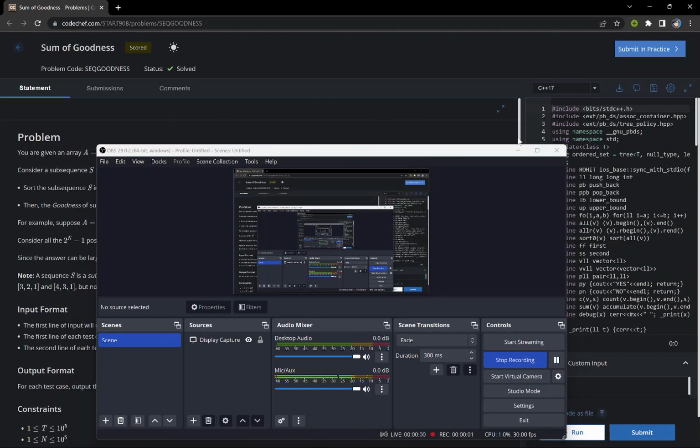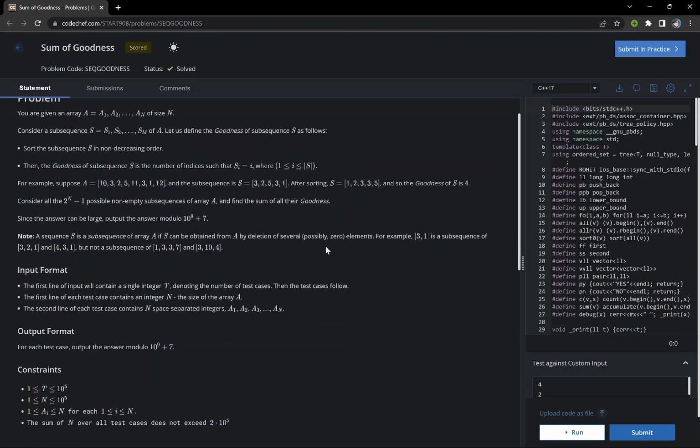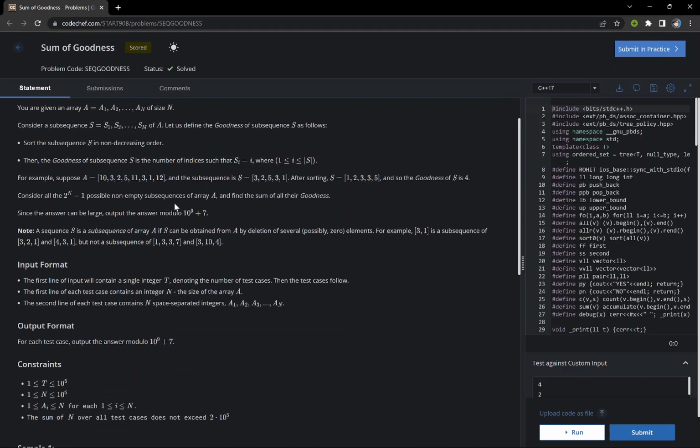So hello everyone, in this video we are going to discuss the problem sum of goodness. In this problem we are given an array of size n and we have to find the total goodness of all the subsequences that are formed from the array. Let us suppose we are given the array 10 3 2 5 11 3 1 and 12, and we pick